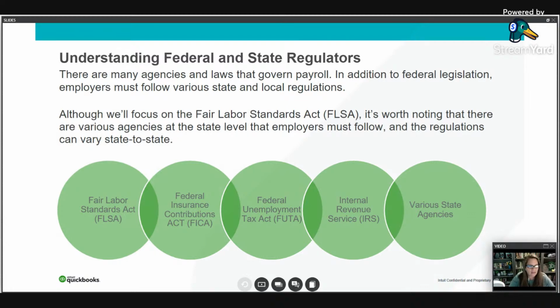Employers that violate any of these laws may face penalties that could negatively affect their bottom line or even put them out of business. But by learning how to navigate payroll compliance, employers can help avoid tax trouble and maintain that positive workforce morale. So the laws that govern payment are extensive. In addition to the various state and local regulations, some of the federal legislation that employers should be aware